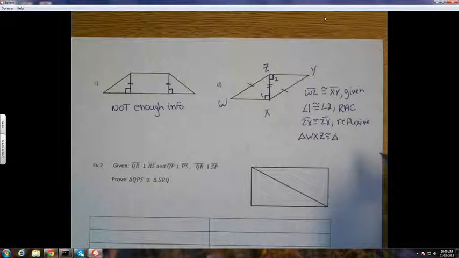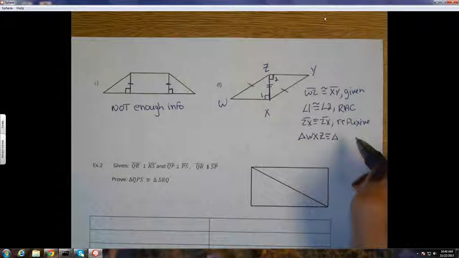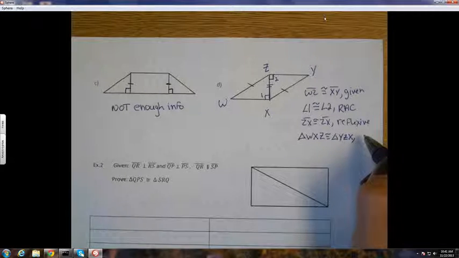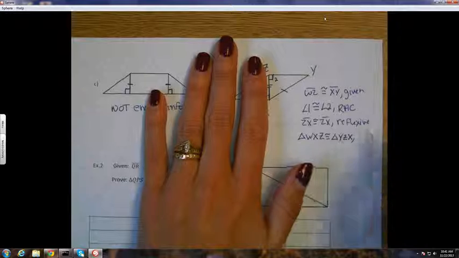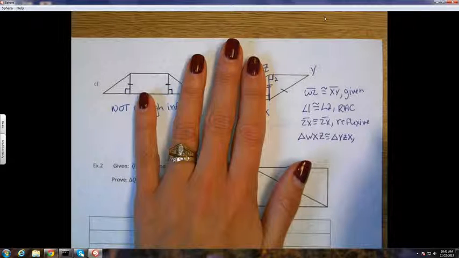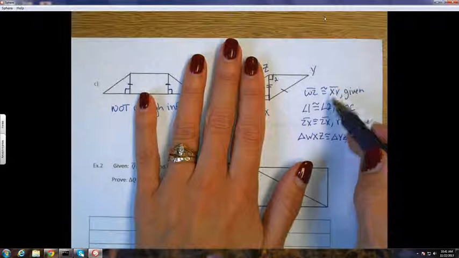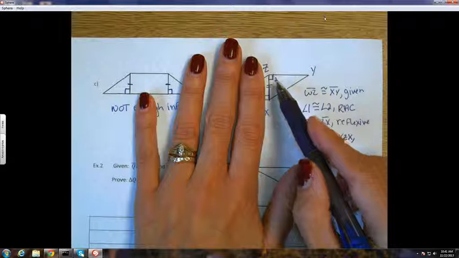Which angle corresponds to the W? Y and Z. Y, Z, X. Okay, what 3 parts did I get? RAS is correct. I've got 2 sides, I've got an angle, and they're in the position angle side side, but